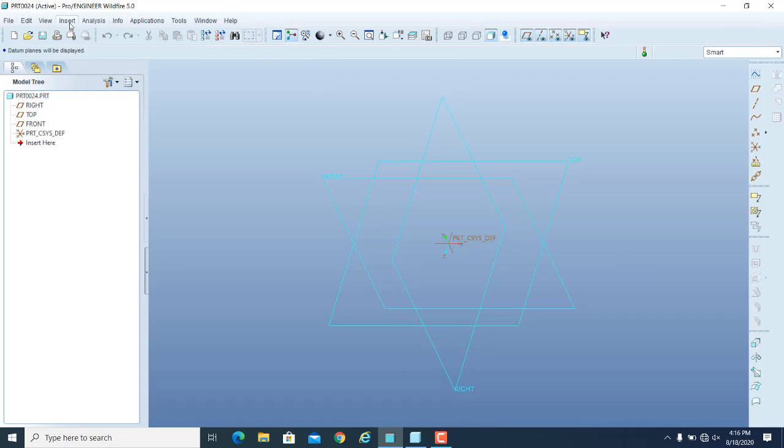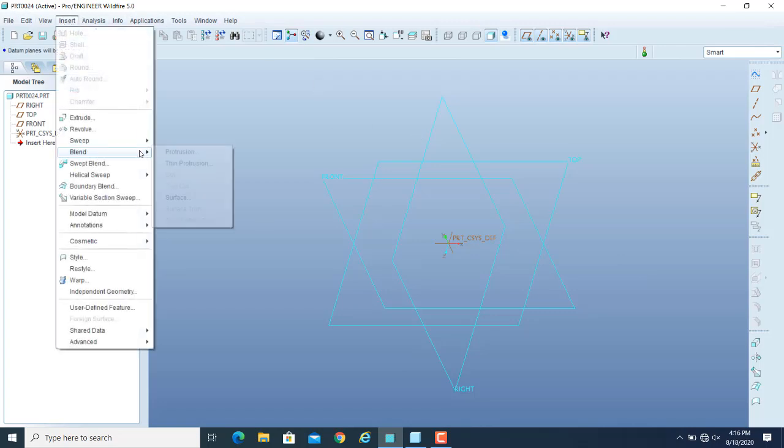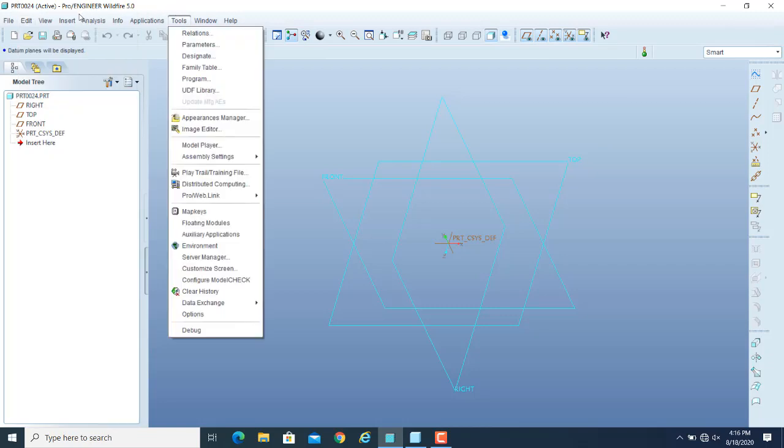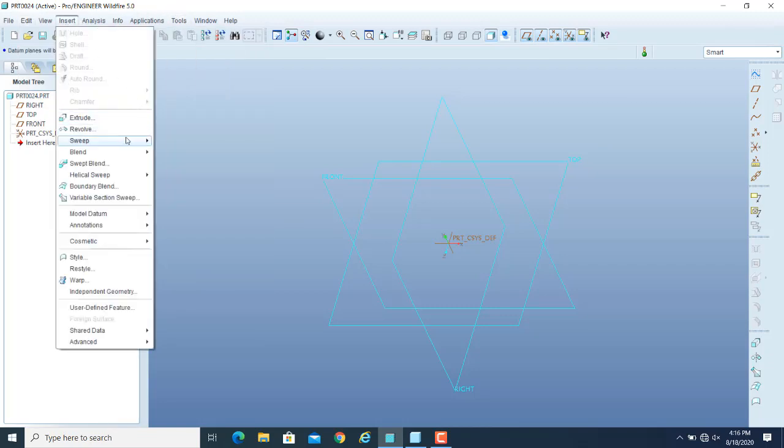In this video, we will cover the blend option. In the last session, we did the sweep command. Like the sweep command, the blend option is also not available in this particular default working group. So, you have to go to the insert menu, and within the insert, in the protrusion menu, the blend option